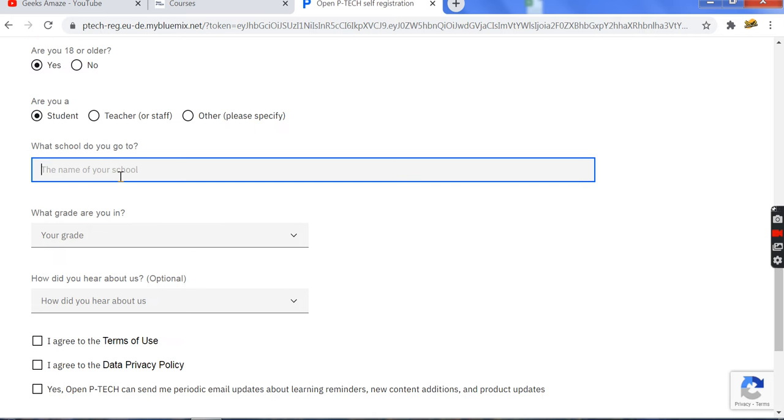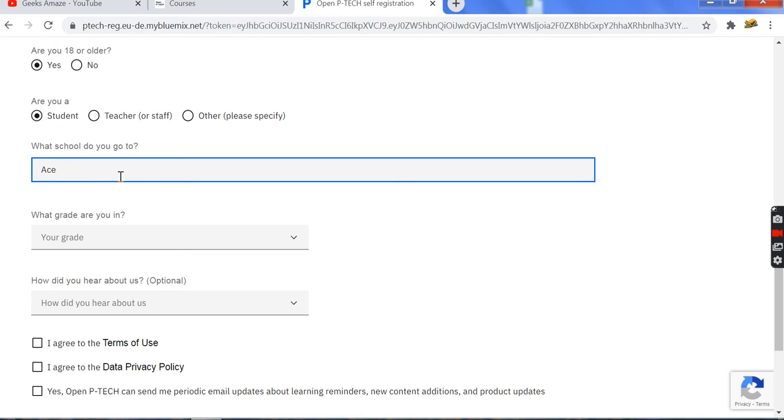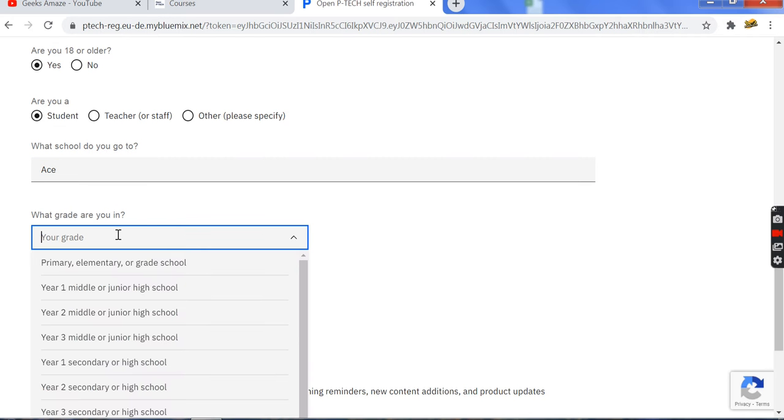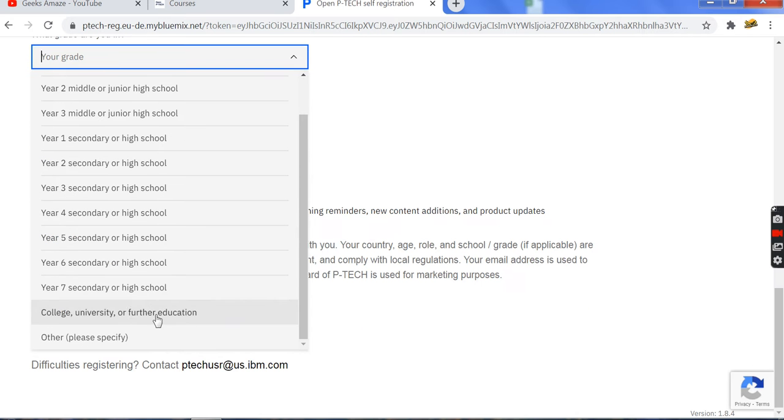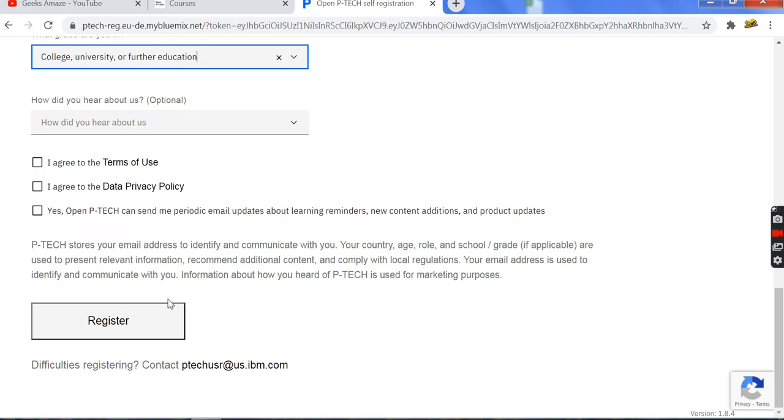So select the college name. If you are in high school, select high school, or if you are from college or university or further, you can specify it as other.